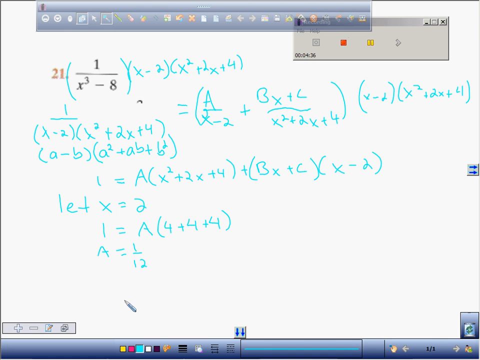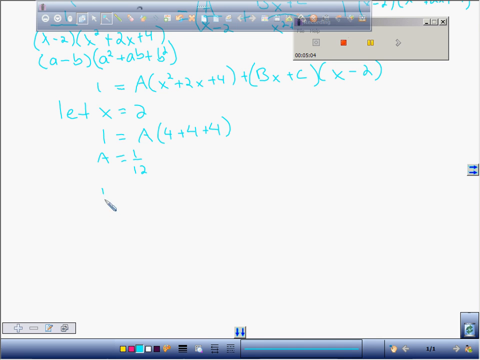Yes? Right? To find b and c, I think what you have to do, you can't really let x equal anything else. What you have to do is multiply this out, okay? So now I know that a is 1/12. That's kind of ugly, isn't it? Okay? So let's leave a alone, and let's write 1 equals a times x squared plus 2x plus 4 plus,